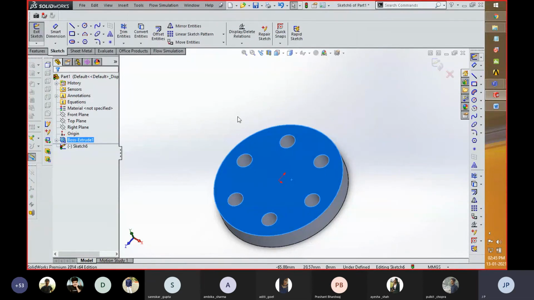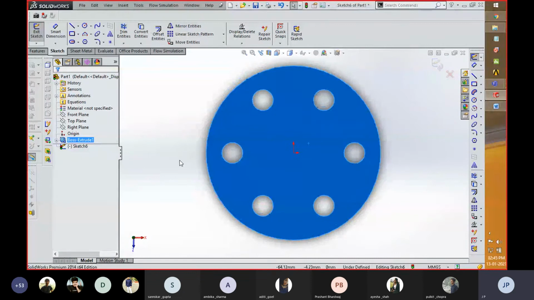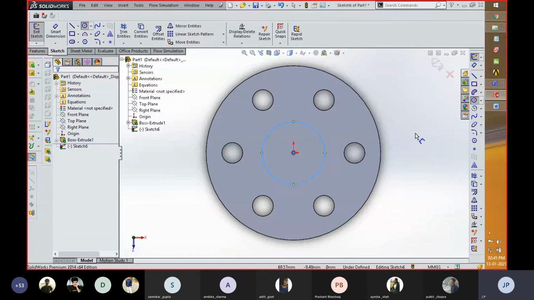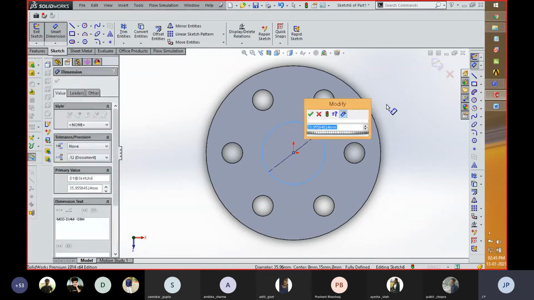Okay. Now use your space button. The view is going to be parallel. Then create a circle with the help of a mouse gesture, and the dimension of that circle should be 50 millimeter. In such a manner, you can create these circles.